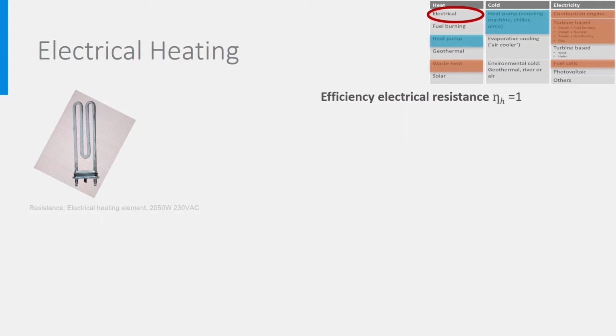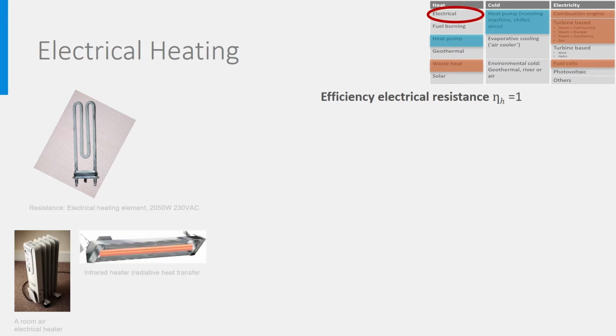There are 4 types of electrical heating systems. First, the ones that heat directly room air through convection, like this one. Second, the ones that mainly use radiative heat transfer, the so-called radiant or infrared panels. Third, the ones that heat a large water tank, either for space heating or for hot tap water heating. And finally, the ones used for instant hot tap water. They all use an electrical resistance like the one above.